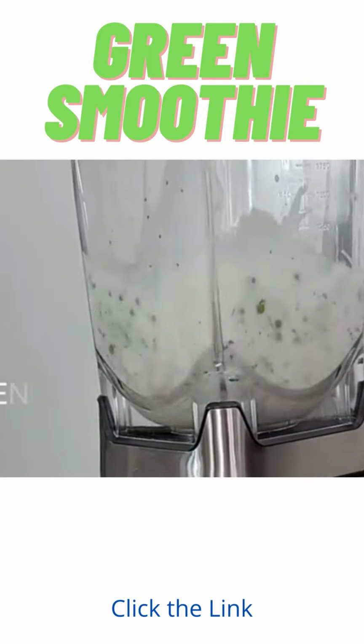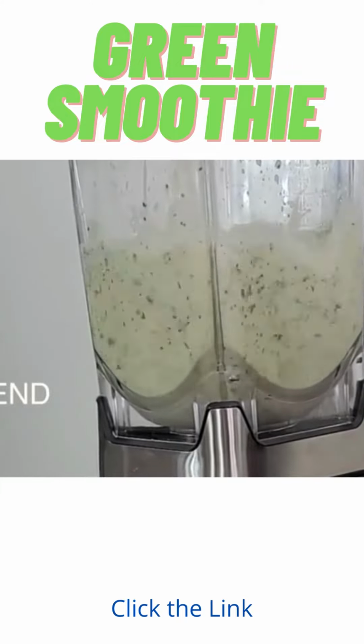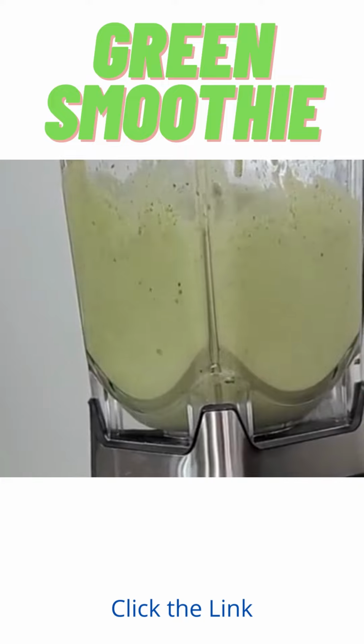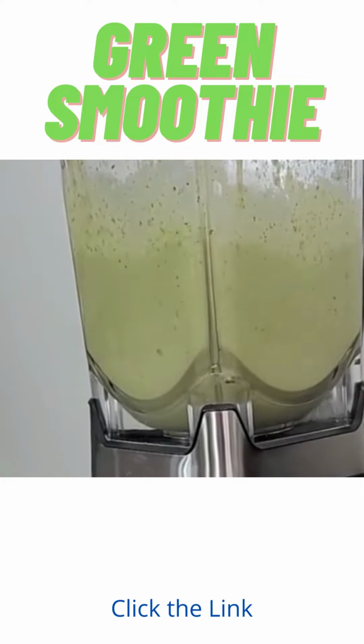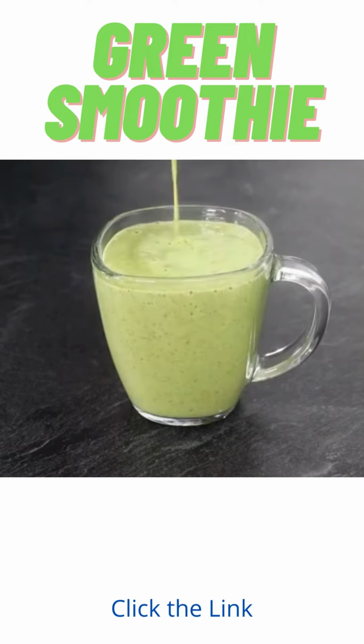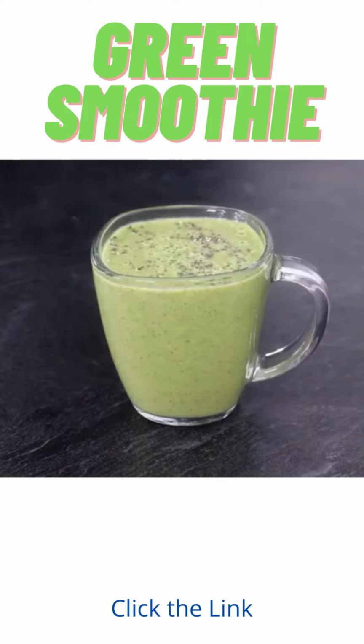Now run the blender until you get a smoothie-like consistency. Now shift to a cup or a glass. In the end, sprinkle some more chia seeds on top and our weight loss green smoothie